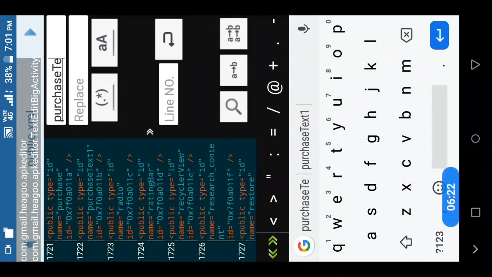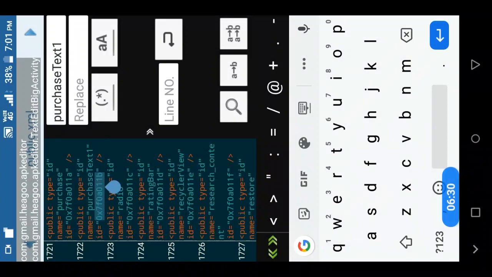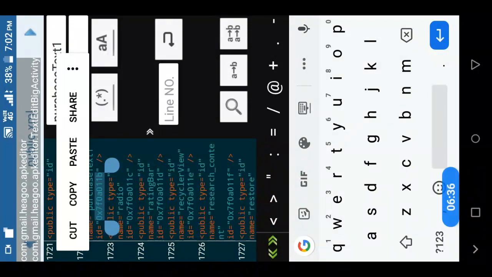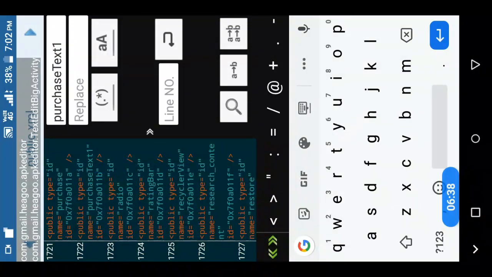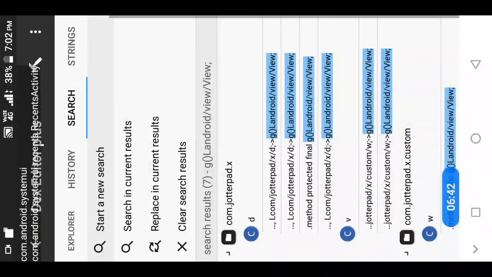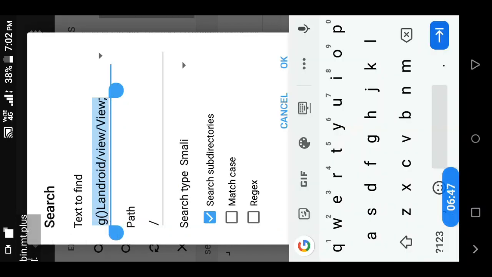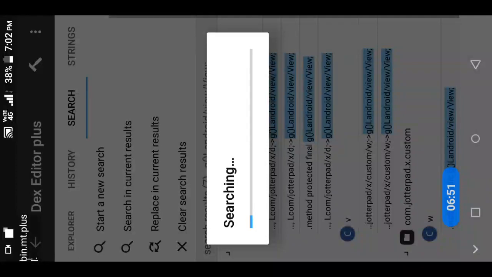You can see here we got the ID purchase text 1. Let's copy it and search here in MT Manager, so that we can find the result which is in AddOnCreateActivity.